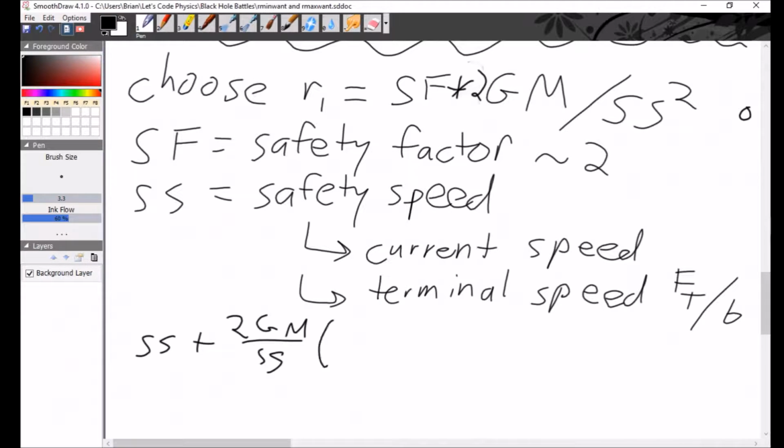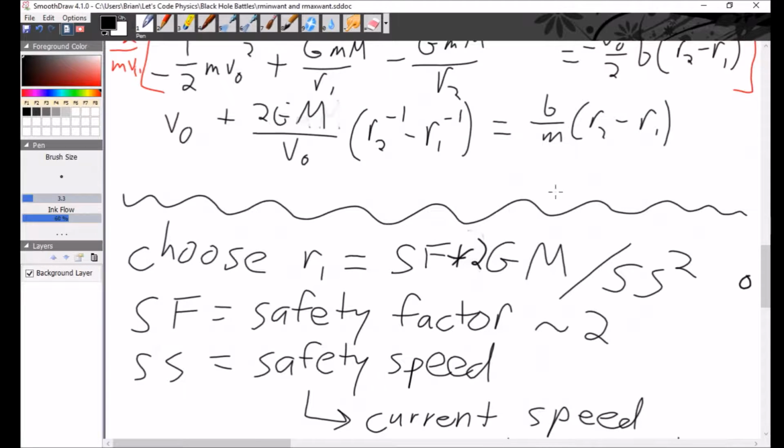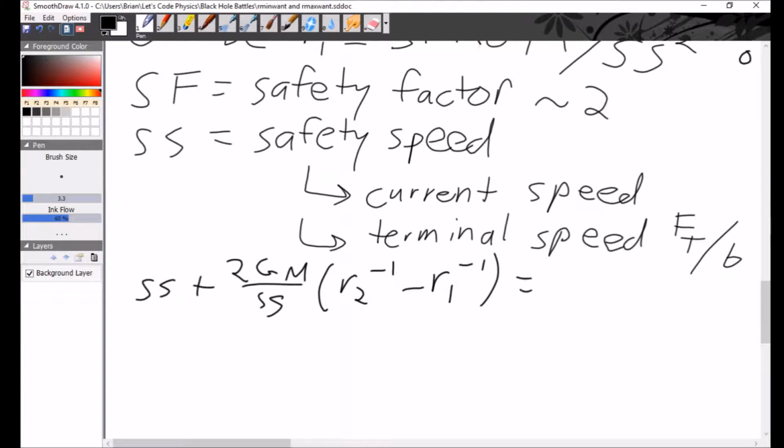Then I've got R2 inverse minus R1 inverse. And so R1 I'm treating as a known now because I have a way to calculate it, equals B over M times (R2 minus R1). Cool. So now the goal is to solve for R2, which looks like a bit of a mess because you've got the R2 here and an R2 to the negative 1 here. But a way I learned to visualize this is to always remember that this is a power difference of 2,